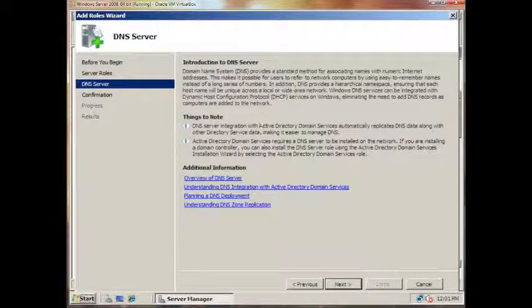It's going to give us a brief overview. Domain name system provides a standard method for associating names with numeric internet addresses. An example would be when you go to access Google, what you're really doing is accessing that IP, but the DNS, the domain name system, resolves that IP to the name Google. That's an example of how a DNS server works. So we're going to go ahead and hit Next again,